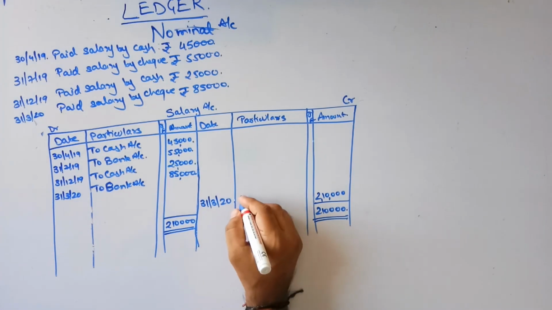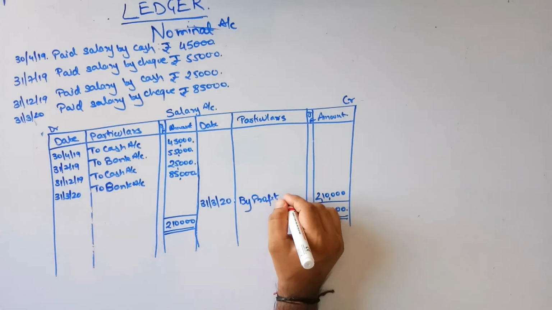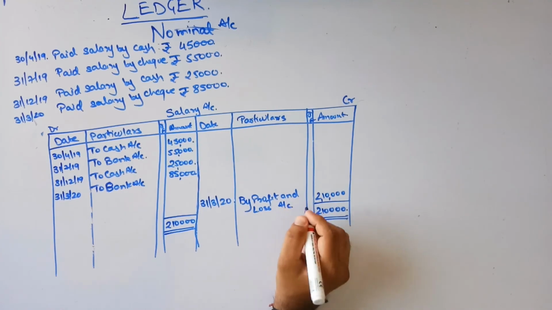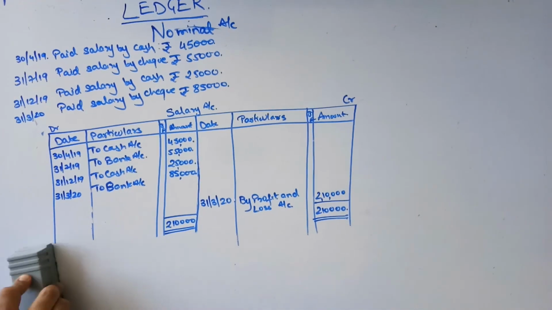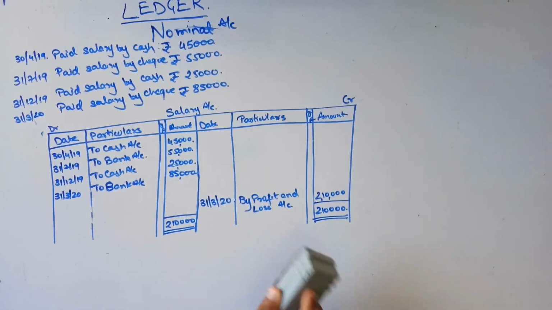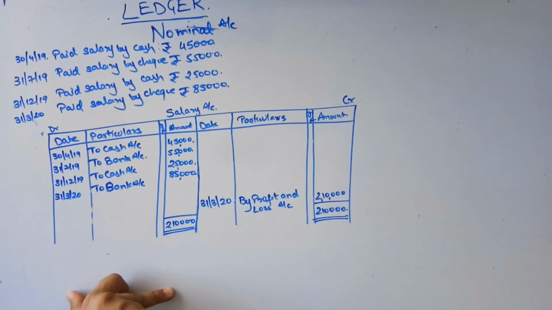Here, you will write by profit and loss account. Guys, any doubt? It's okay even if this is drawn on the last line, completely fine. You need not leave any line down below over here. It's not necessary to leave a line here because we will not be having anything carried down, right? So this can be on the last line. Any doubts for this? Can I go ahead? Okay, cool.